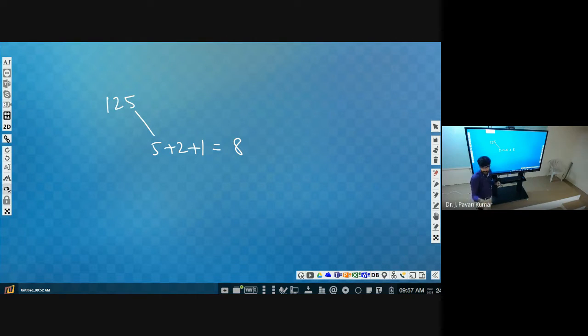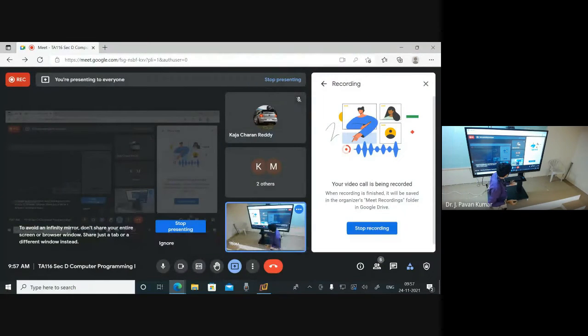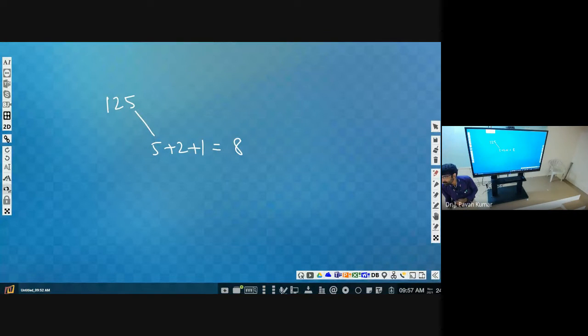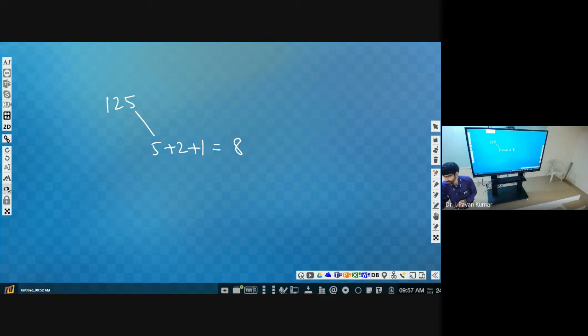Now what is the input? Given number, right? Number only is the input. So n is equal to integer of input of enter some number. That is the statement. After getting the number, what do we have to get? Individual digits. How can we get the individual digit, like 5?